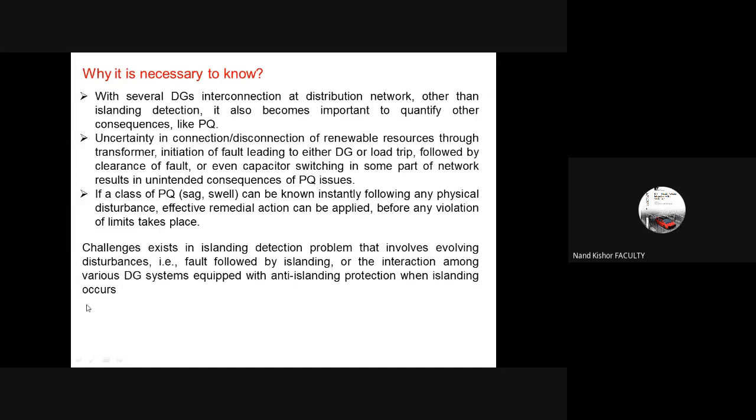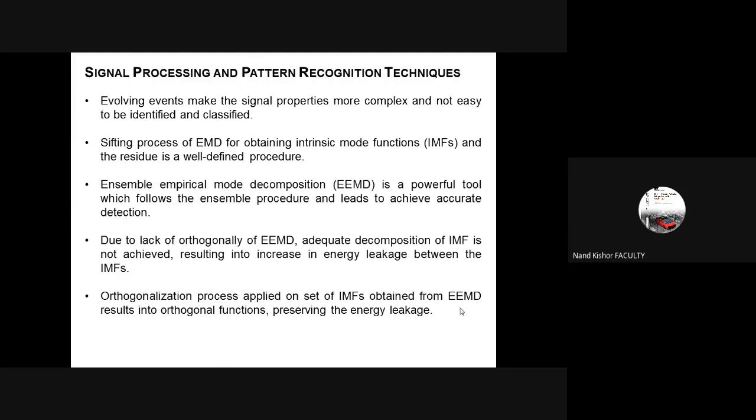So thus, with this objective, we wanted to have some kind of technique developed with which we are able to have real-time analysis, a real-time detection approach and a classification approach here. So we move to the next one, and for this we have some advanced signal processing techniques and pattern, that means machine learning techniques, applied here. Mainly we have considered the least square support vector machine as one of the techniques in the study.